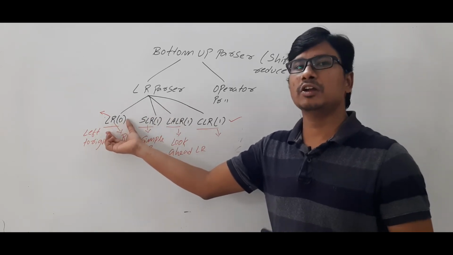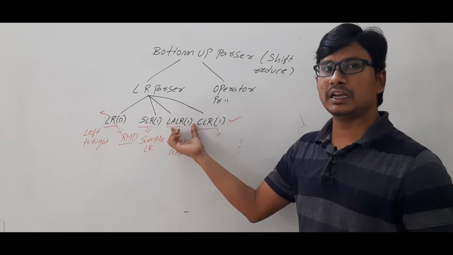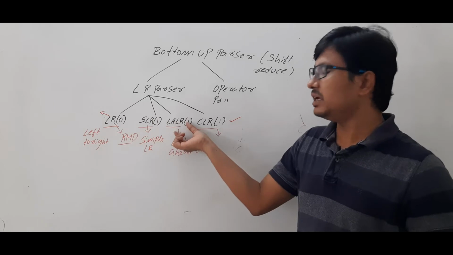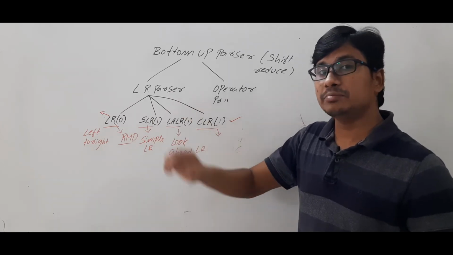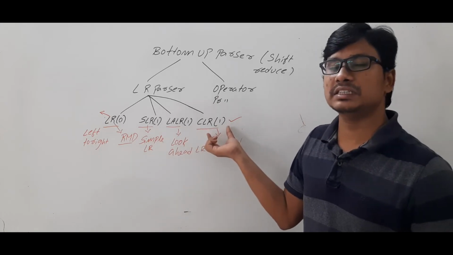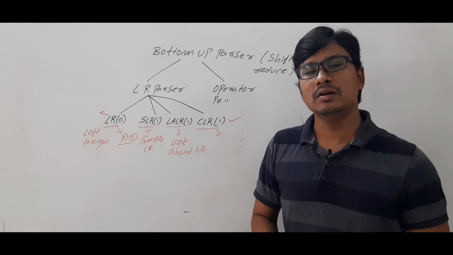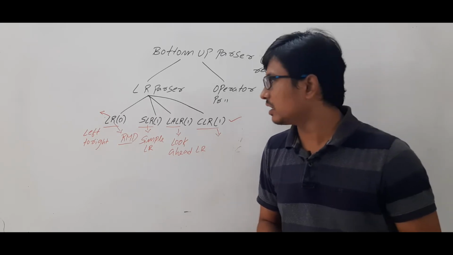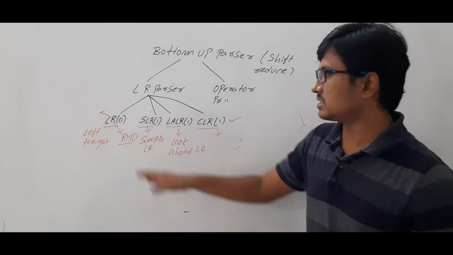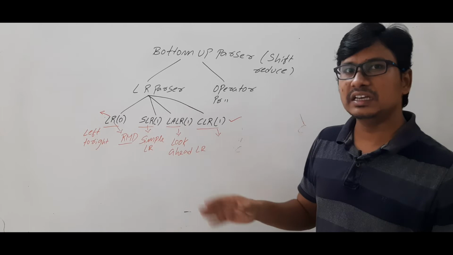Among the grammars, this one can parse some grammars. Few grammars it cannot parse that can be parsed by SLR1. Some grammars which cannot be parsed by SLR1 can also be parsed by LALR1. Some grammars which cannot be parsed by LALR1 can be parsed by CLR1. So that's why we are calling CLR1 more powerful. Is it clear? Now we will discuss the LR parsers such as LR0, SLR1, LALR1, CLR1 in detail